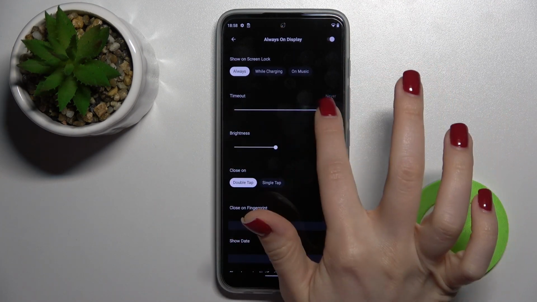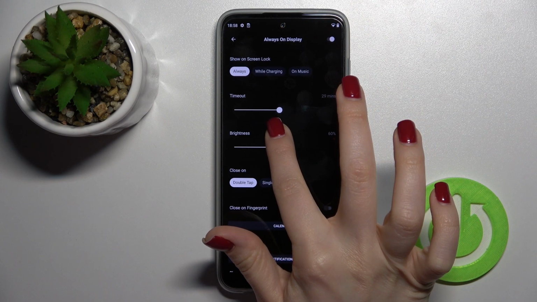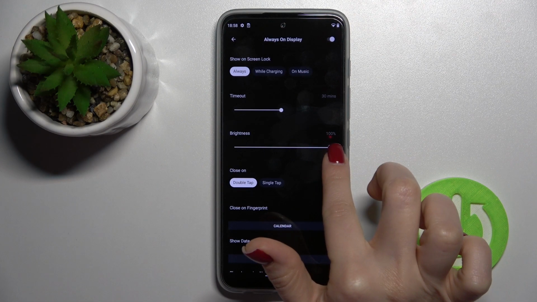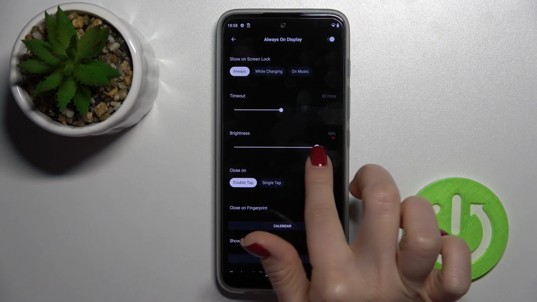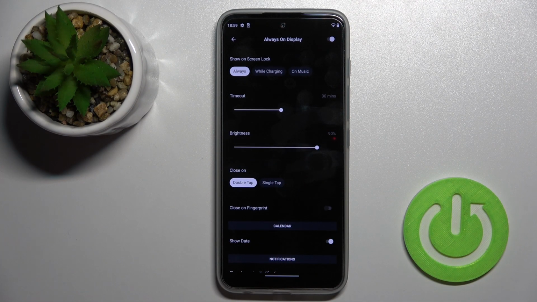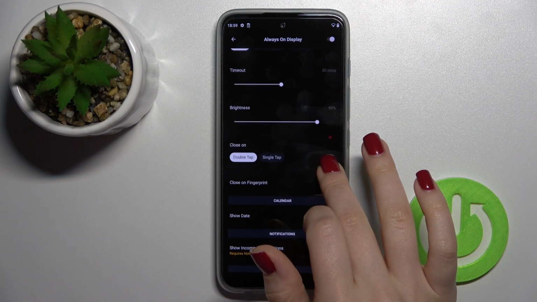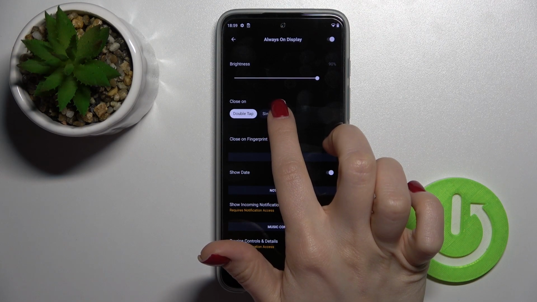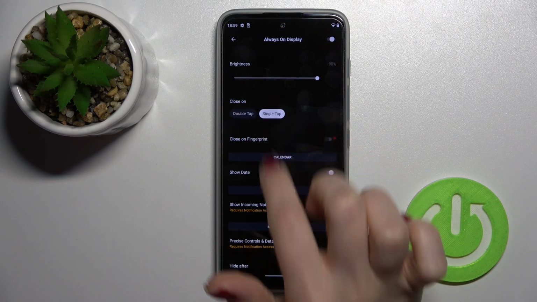We'll set 30 minutes. Also here you can change the brightness of the always on display feature, and go with 90%. Here we can set the double tap or single tap to close